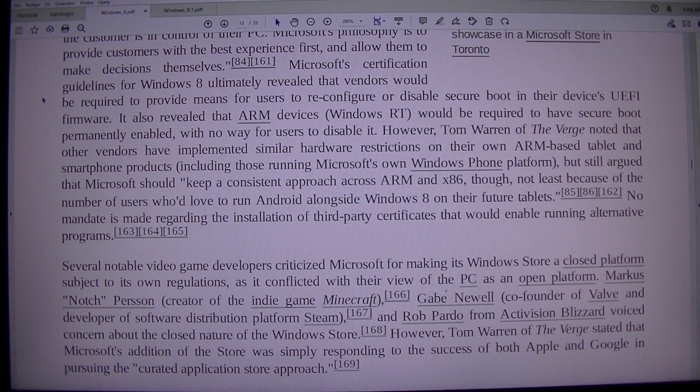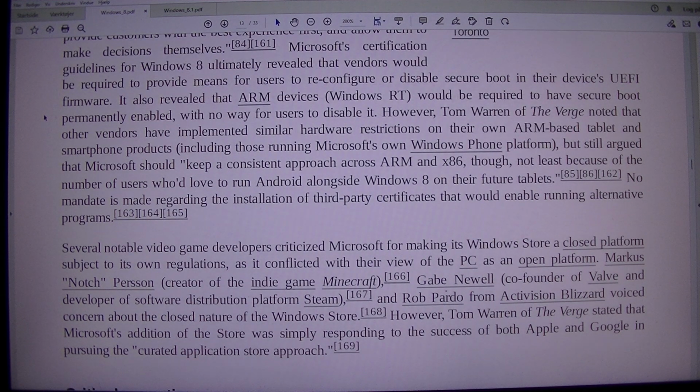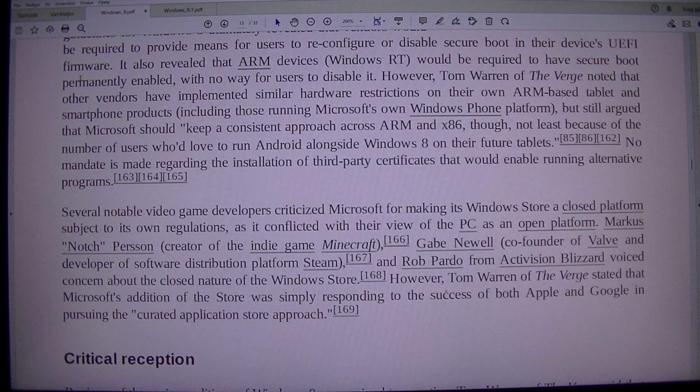Microsoft's certification guidelines for Windows 8 ultimately revealed that vendors would be required to provide means for users to reconfigure or disable Secure Boot in their device's UEFI firmware. It also revealed that ARM devices, Windows RT, would be required to have Secure Boot permanently enabled, with no way for users to disable it. However,